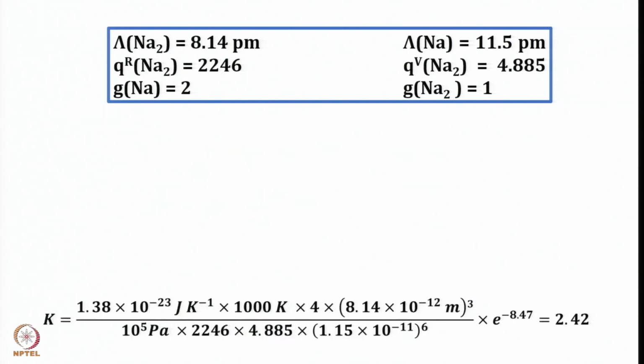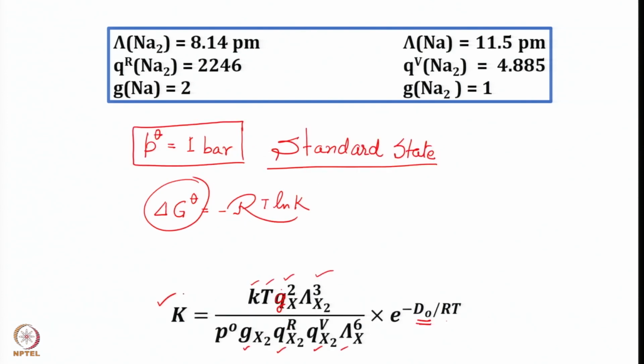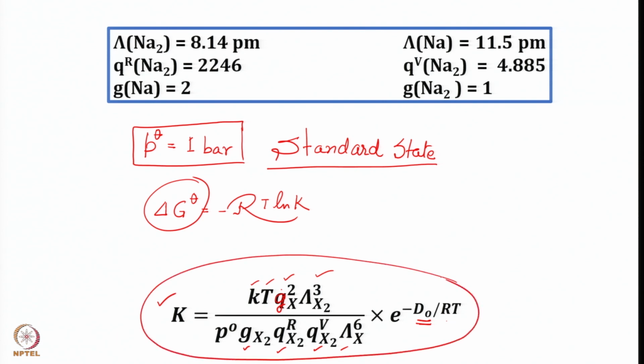So now we have all the information. The given reaction was Na2 going to 2Na, and from the knowledge of K equal to pi j Qj m standard state by Na, exponential minus delta E naught by RT, we used this expression, and then that expression was converted into this particular expression, and then by substituting